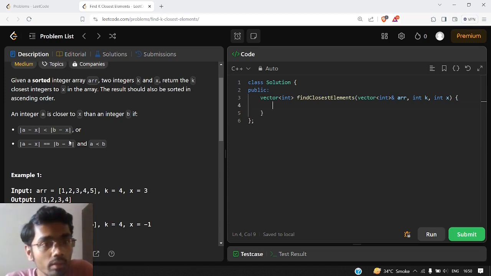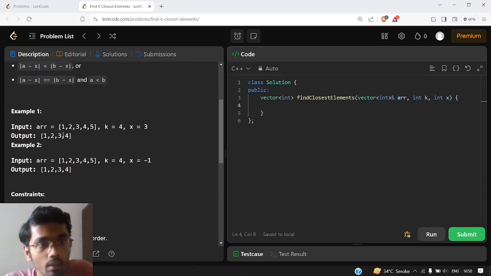We will not go through what they have written. We will understand with the help of this example. We are given x as 3 and we need to return the 4 closest elements to 3 from this array ARR. So what is the closest element? The closest element is the element which has the minimum difference from the current number x. Now what could be the minimum difference? It can be a difference of 0, it can be a difference of 1, 2 and so forth. So we will take the minimum difference first.